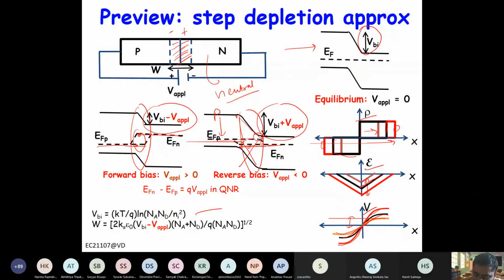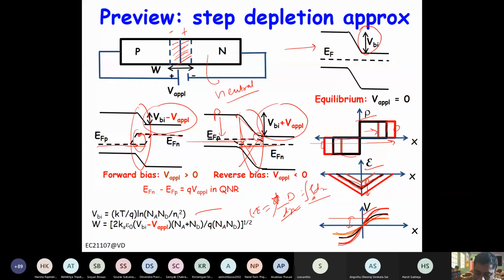So if you see here this black line, this is for equilibrium, right? This field is linear, right? Because charge is constant. So if you recall, del dot D is equal to rho. So you can write dD by dx is equal to rho. So your D will be rho dx, right? Now rho is constant, so your electric field will be linear. It is linearly increasing. At the metallurgical junction, opposite charge appears. So the overall charge enclosed is decreasing, right?